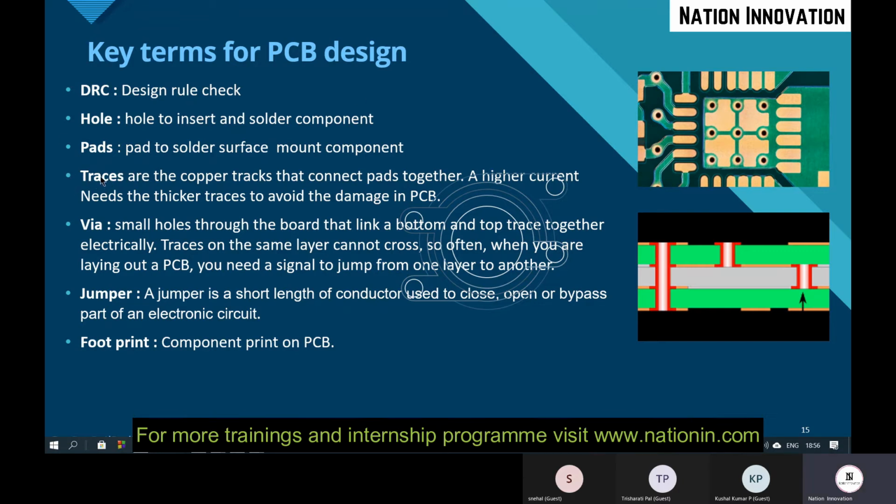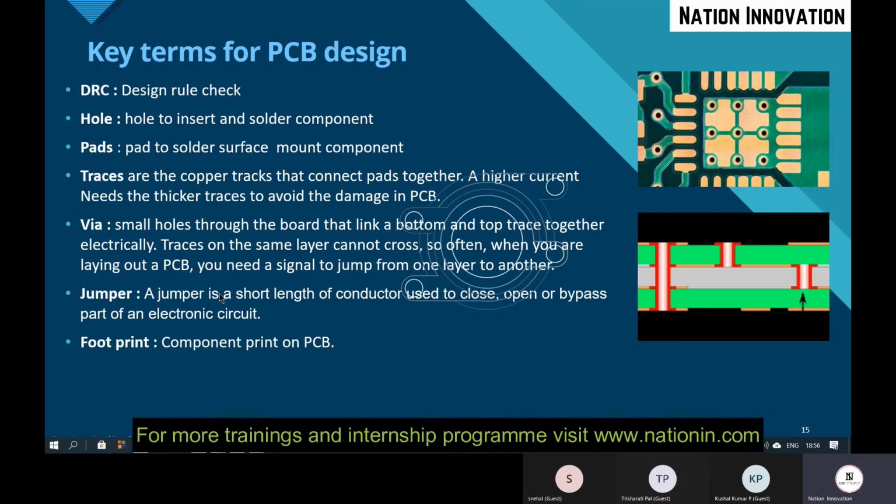And we have traces. Traces are nothing but the copper tracks. You can see these are the tracks which connect two components. And we have vias. Vias are, as I already told you, needed to connect top and bottom layer components. It is also called an electrical hole, which connects electrically the multiple copper layers.